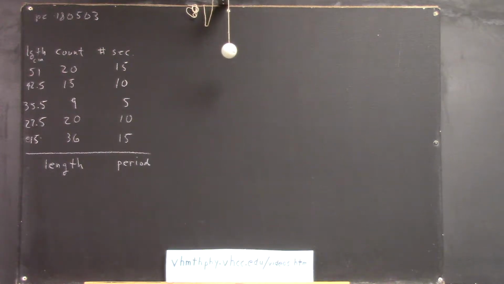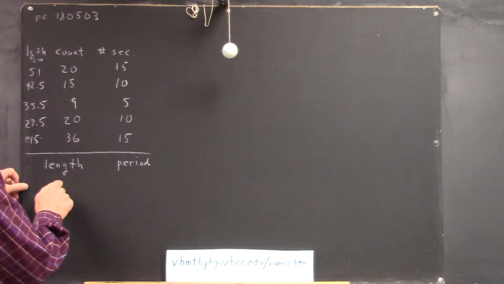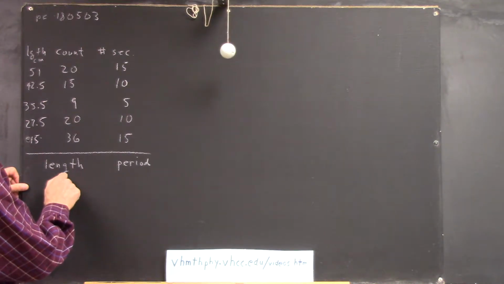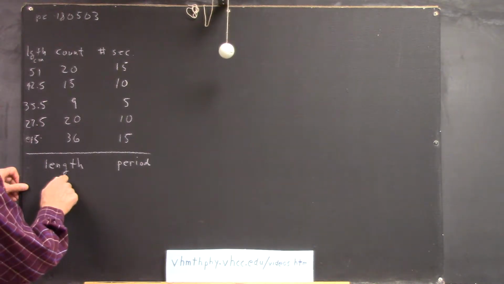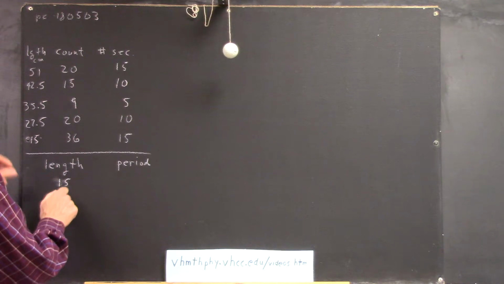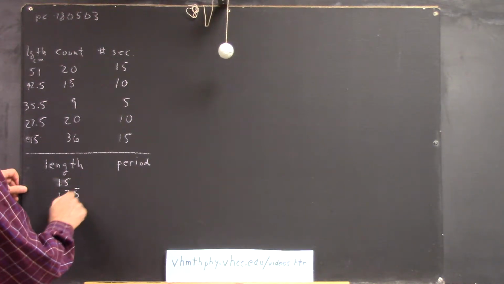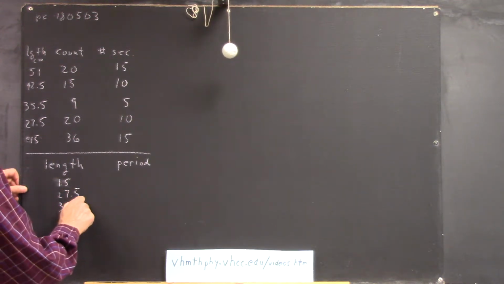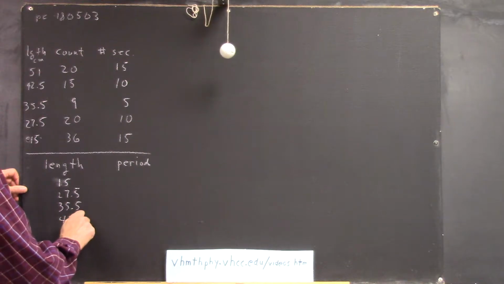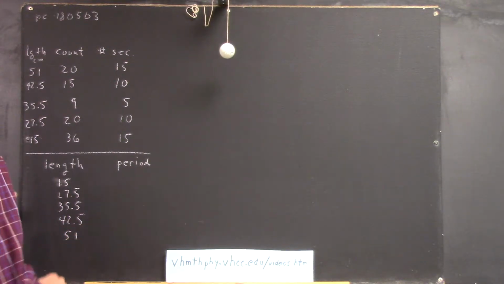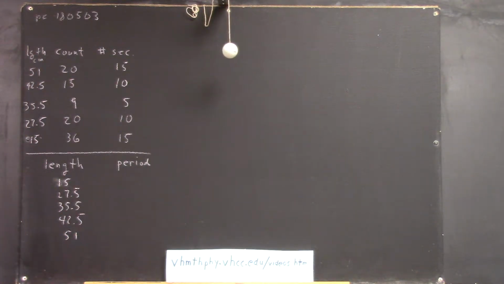Now we want to do period versus length, and we're going to make a graph of that, and that'll be a scatter graph. Okay? Now the lengths are just what they were, and I'm going to actually list them backwards, from lowest to highest. So I'm just copying down the lengths. And now the period in